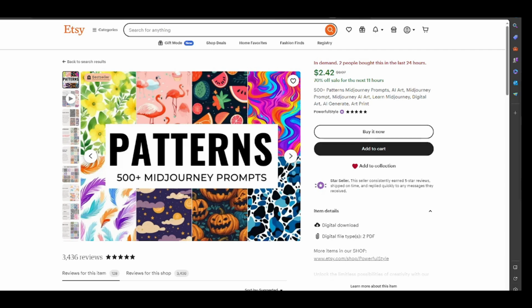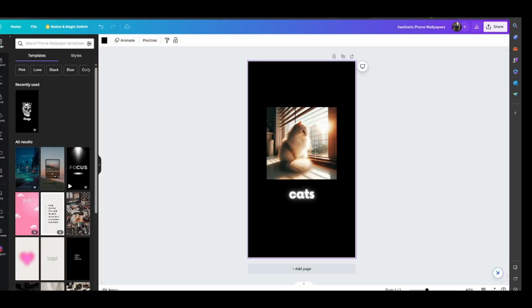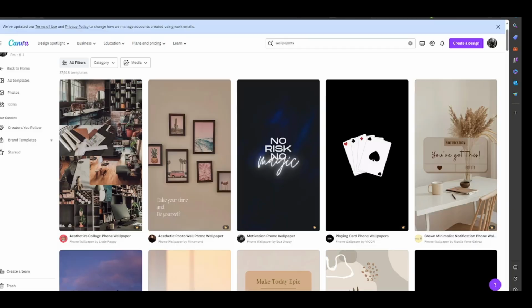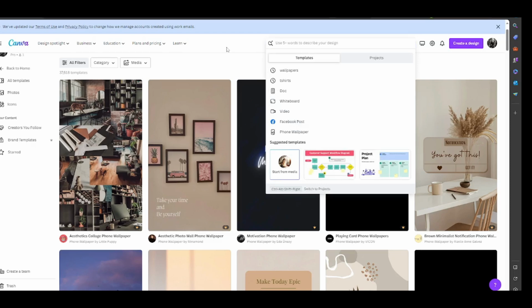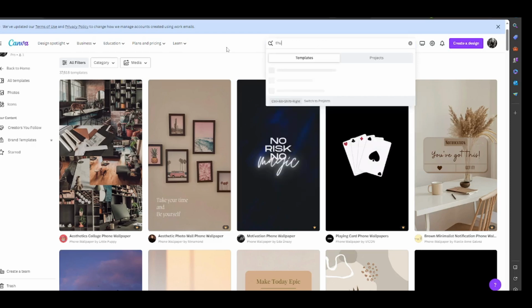Or you can do other things. You can use, for example, ChatGPT, to practice code prompts, or Copilot. For example, here in Copilot, you can make images too. You can use Leonardo AI, Copilot, or ChatGPT. You only need to do one thing: practice your prompts. After that, you need to create a good photo